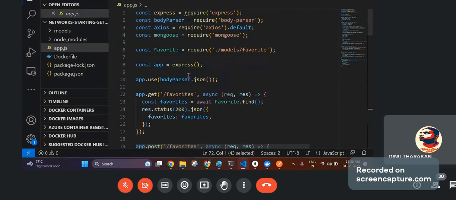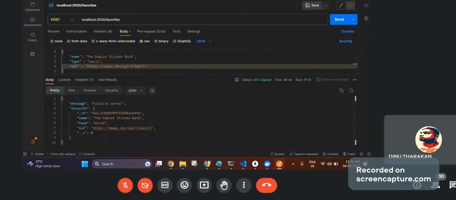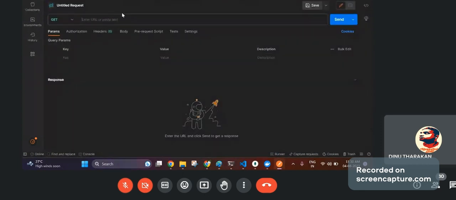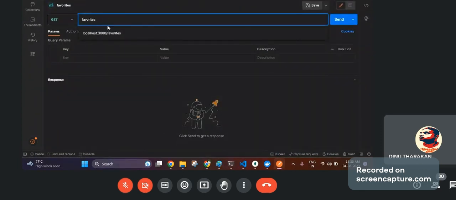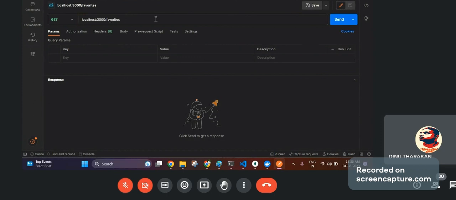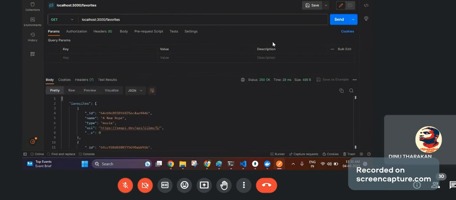And if I make another get request to slash favorites, if a customer goes on Postman and makes another get request to localhost 3000, whatever details are updated are in my MongoDB.